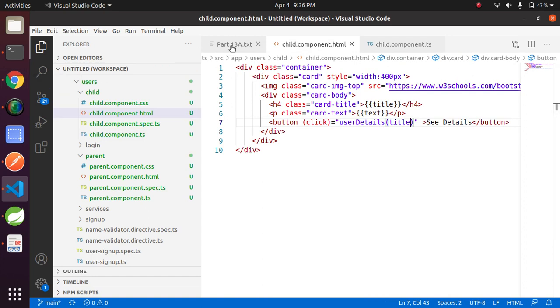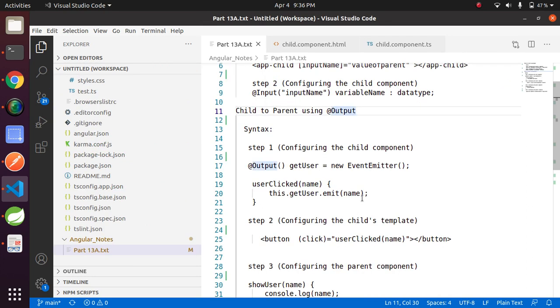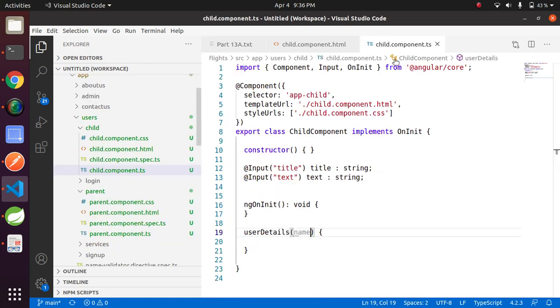Let's look at the implementation steps. The first step is configuration of the child component. @Output getUser = new EventEmitter. Here getUser is basically a method of the parent component that we will map from the child. Let's add this into the child component here.